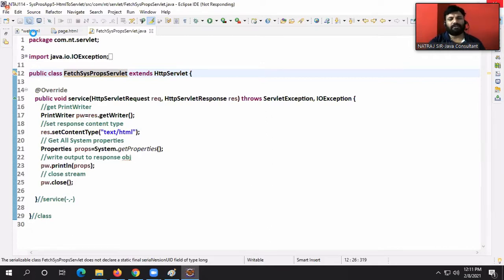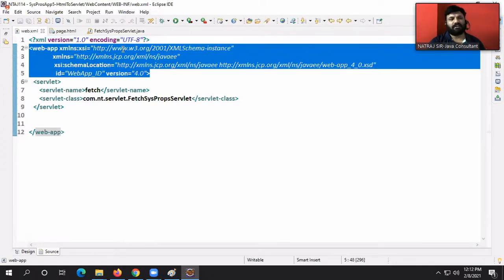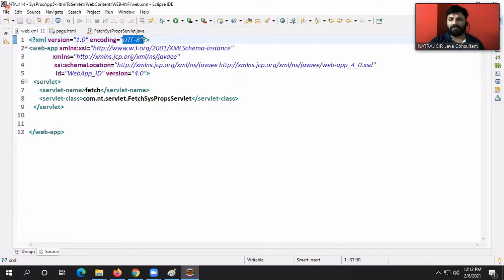Okay, UTF means what characters are allowed. UTF is some character set, guys. A lot of character sets are there. Whatever characters are there in that character set, those characters are allowed. This is the XML prologue. This is importing XSD. Encoding UTF-8: whatever characters are allowed in this UTF-8 range, all the characters can be used over here.